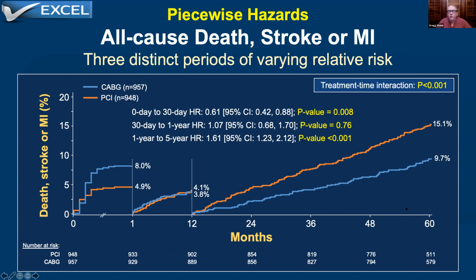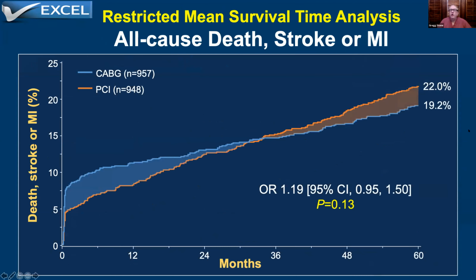So if you're a patient, which is better? If you're going to have an adverse event, you'd rather have it later than sooner, right? Because you're exposed to the life implications of that adverse event from a later time period. But how do you overall make sense of this? Well, you can look at something called the restricted mean survival time analysis, which basically calculates the overall amount of time being free from an event. And when